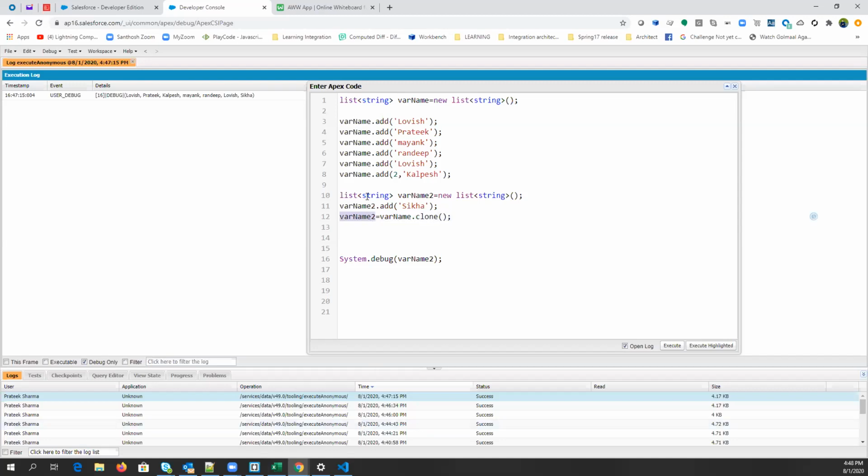At that time, Sikha was replaced, because we were creating an exact copy of var name in var name 2. So it doesn't matter if you already have many elements in var name 2, those will be replaced by the copy of var name.